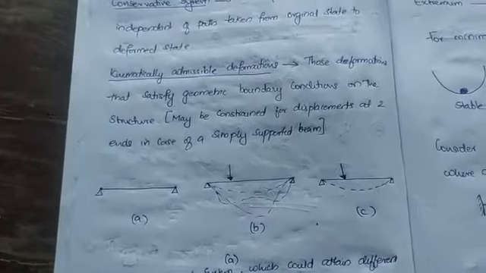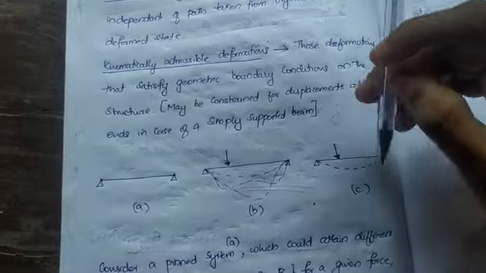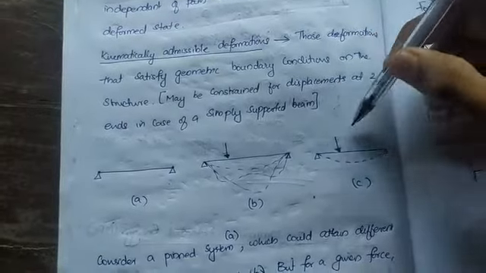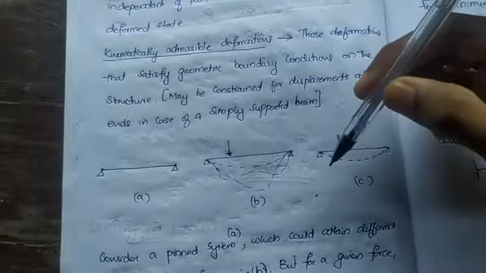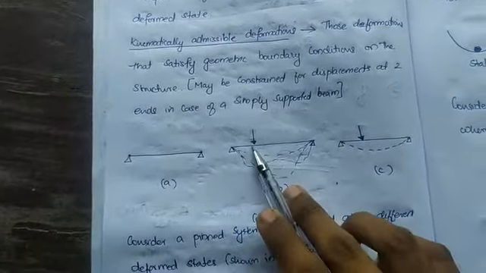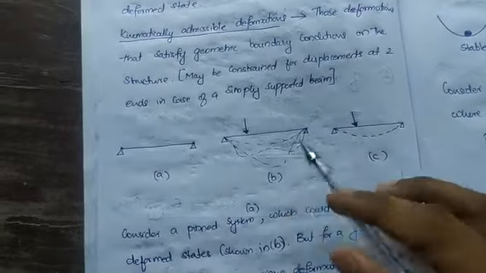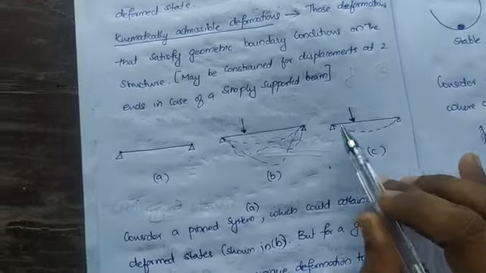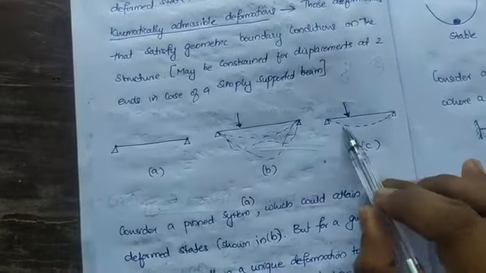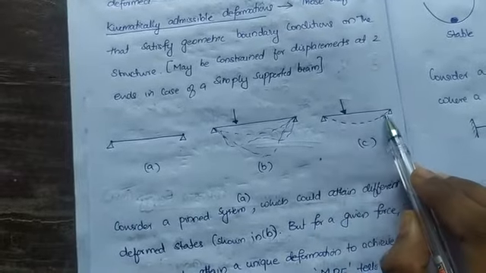But if you are giving a certain force and the system is in equilibrium, this system or this beam will deform only in a unique way. So the system can deform like anything, but if the system is in equilibrium, for a certain load it can deform only like this. I mean, I'm telling an example. This doesn't mean it will bend only like this.